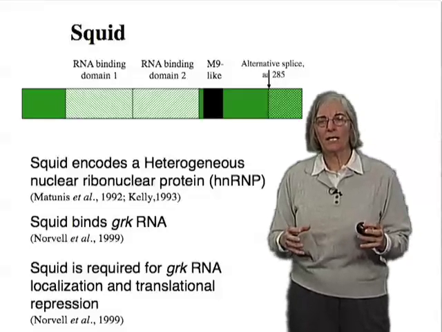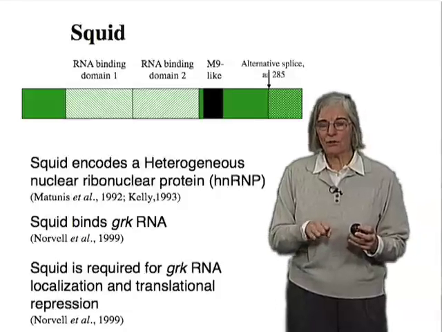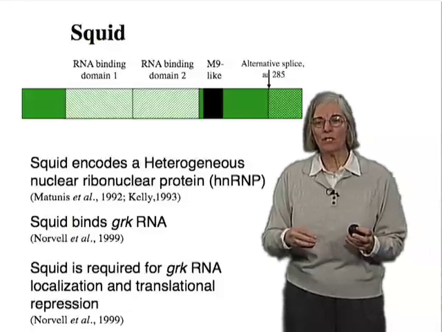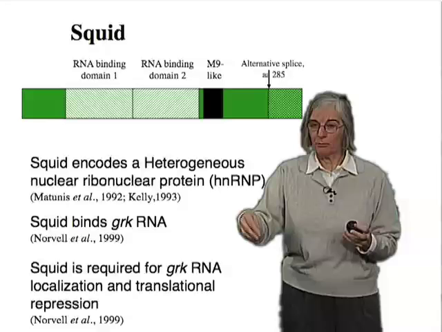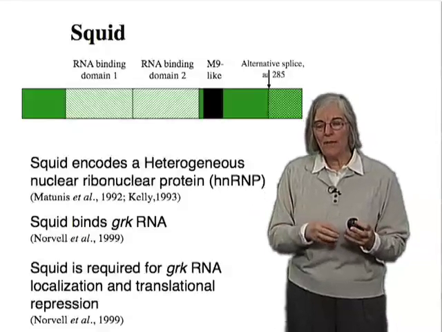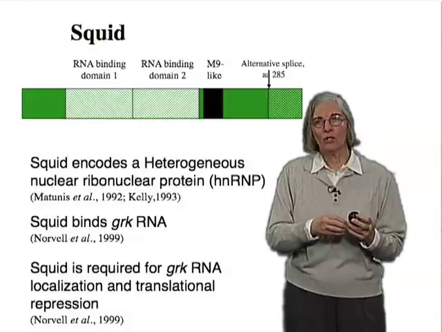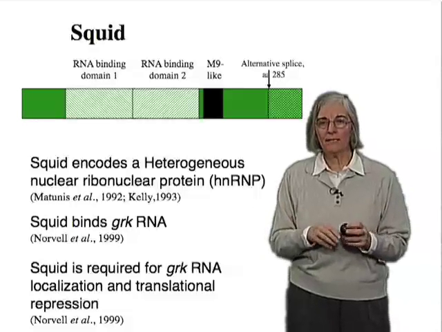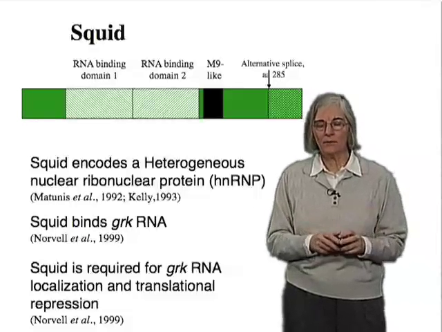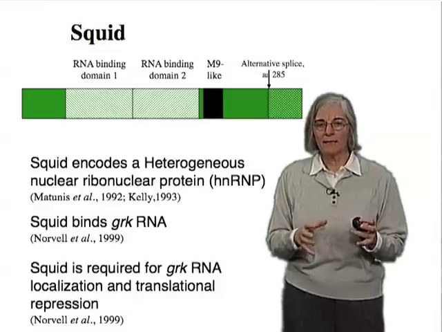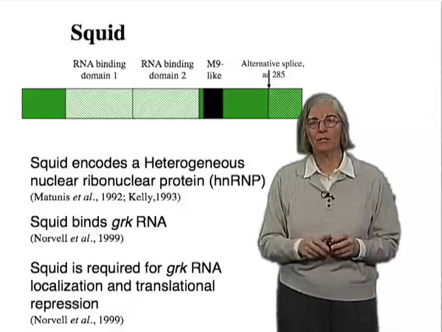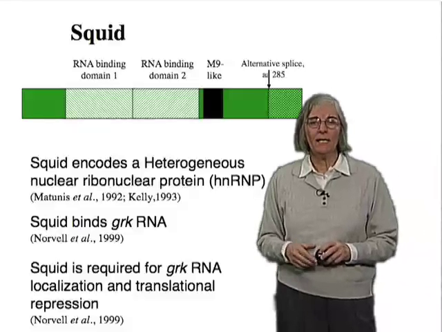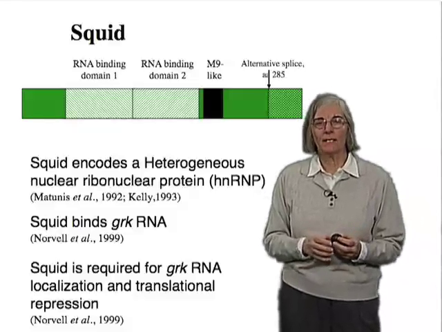Many localized RNAs are initially translationally repressed. The cell will do this because the whole goal of RNA localization is to get the RNA to the place where the protein should be localized. And so the RNA should not already be translated during its journey to that location. And for that reason, very often these localized RNAs are associated with repressive complexes that keep them from being translated while they're still being transported. This seems also to be true for the Gurken RNA, and Squid is an important factor in organizing such a